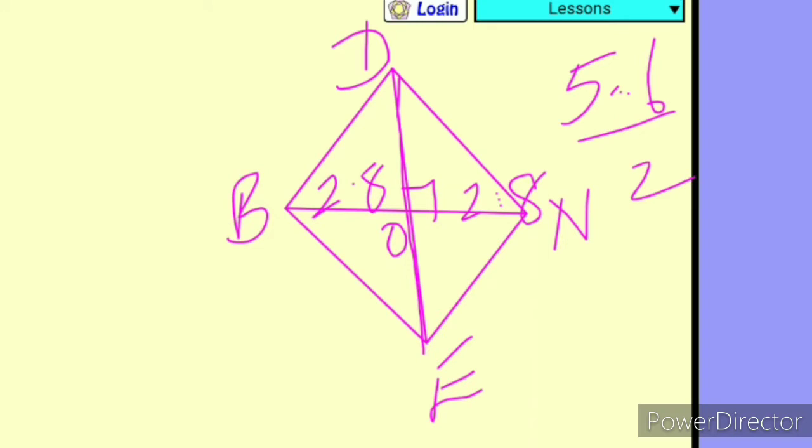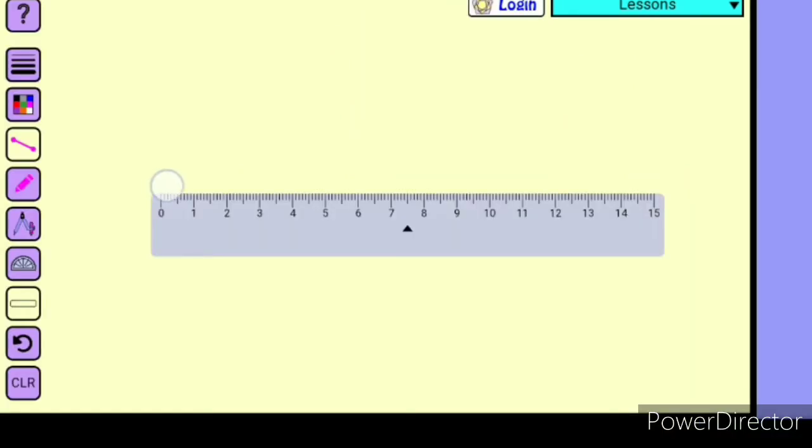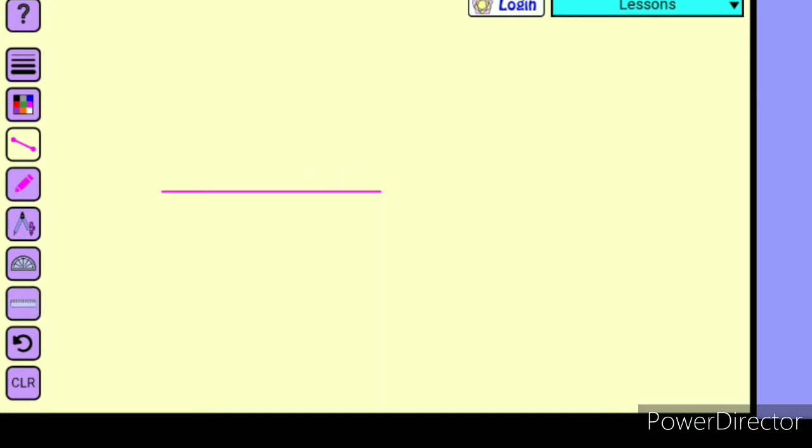Diagonal DE I am not going to divide, I am taking it directly. First step, I am going to draw diagonal DE. Got it? Rough figure you draw like this. DE, you write the same measure 6.5 only in the rough figure. 6.5 centimeter. Yes, copy down this rough figure. 6.5 centimeter DE.